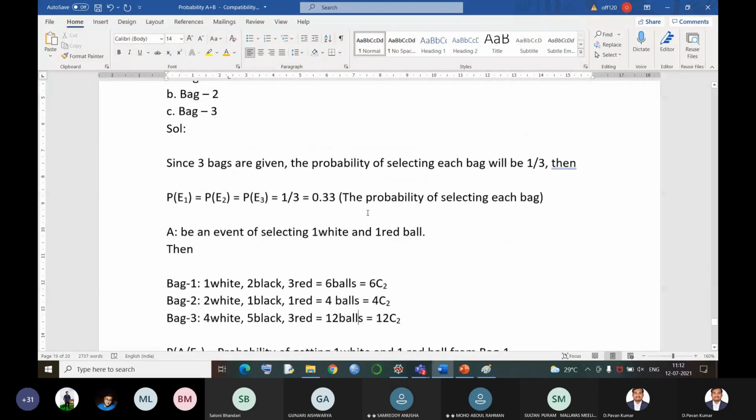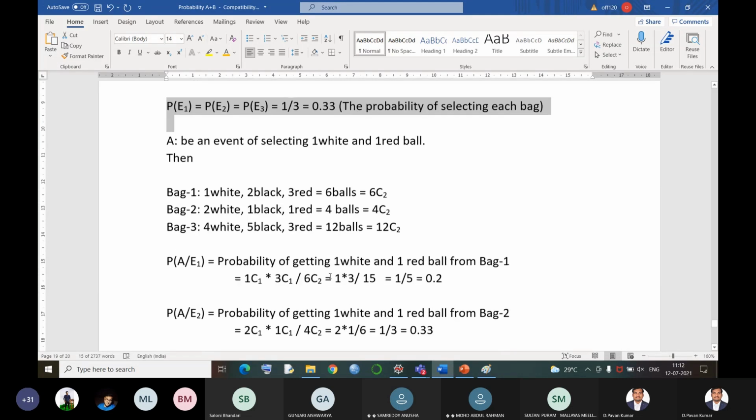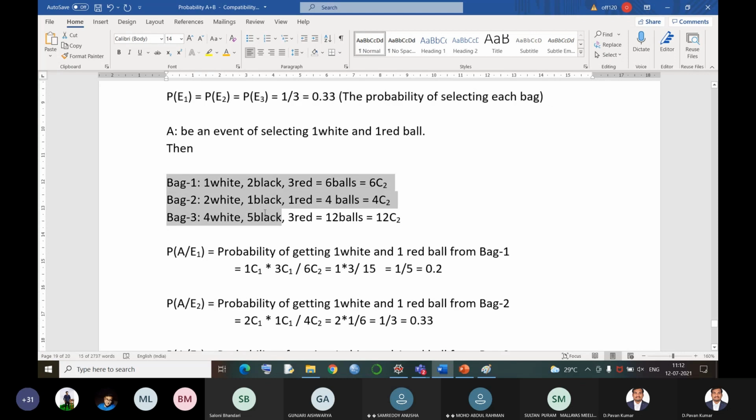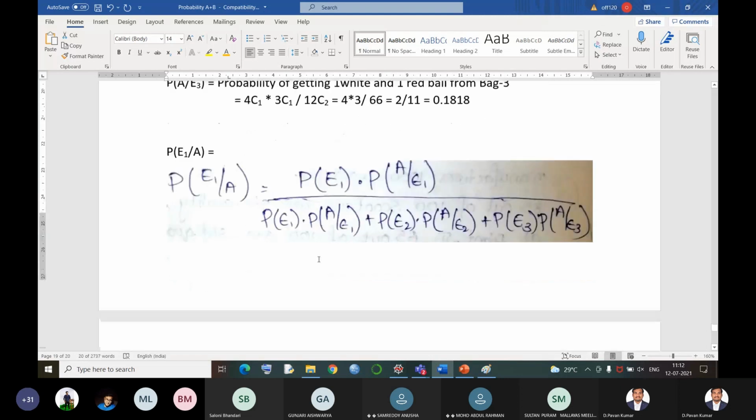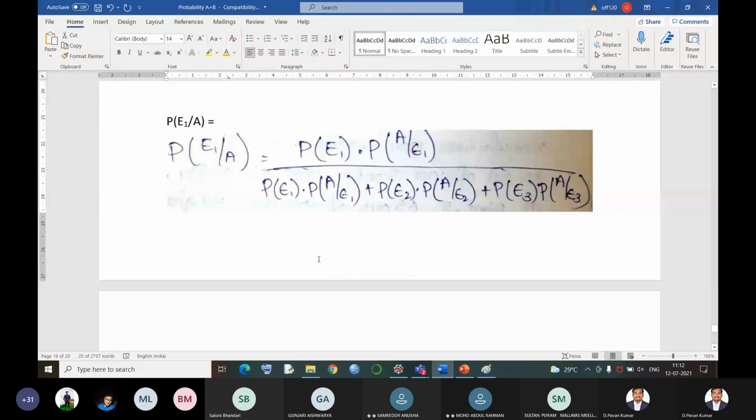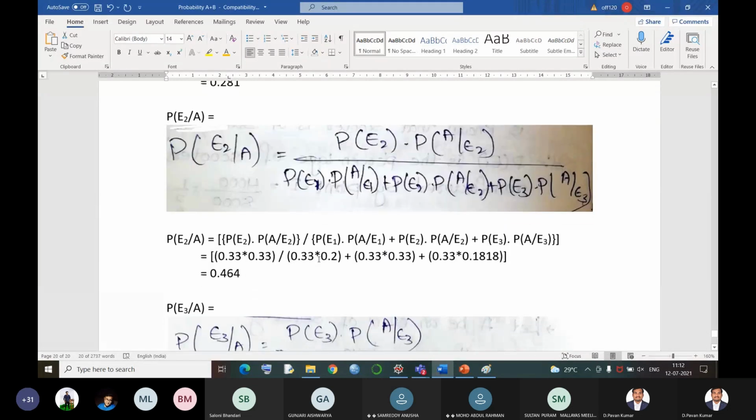And if the probability of selection of bags is not given directly, we will consider a common value for all the three. If 4 bags are given, we have the value as 1 by 4, that means 0.25 would be common for the probability of selection of each bag. That is how we first identify the exhaustive cases of each bag. Then only can we identify the probability of getting one red and one white ball from each bag. Finally, we can substitute the values which are being asked.